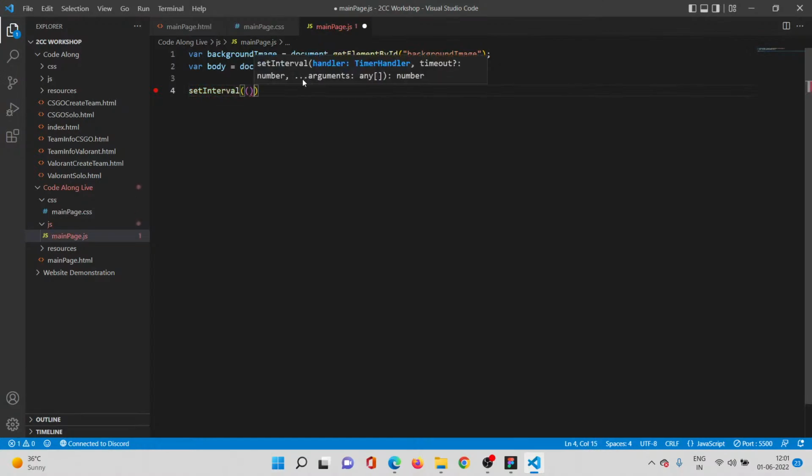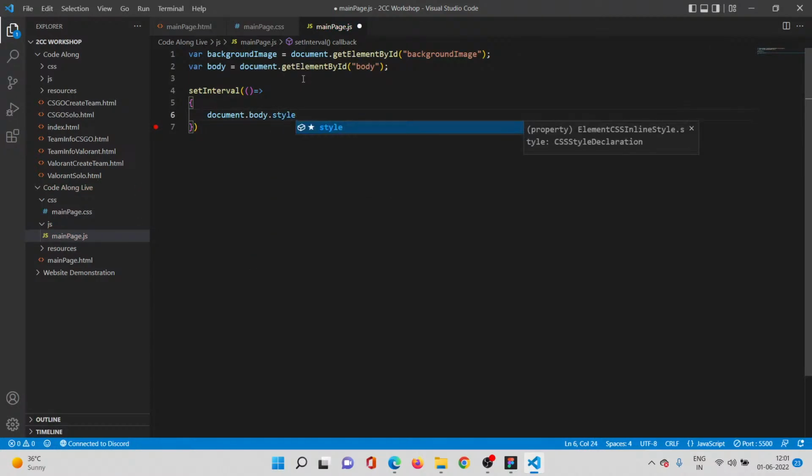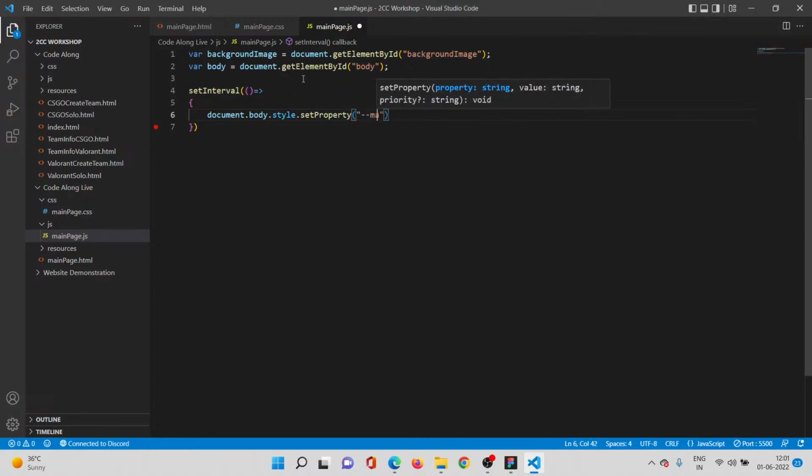It's a pre-built function, and over here you have to write a script of code which will basically be executed in a set amount of time. So now I want that styling of my body should orient itself in about 100 milliseconds, and it should be centered. So I'm gonna set the property of the main page variable, which I just specified in the CSS script, and